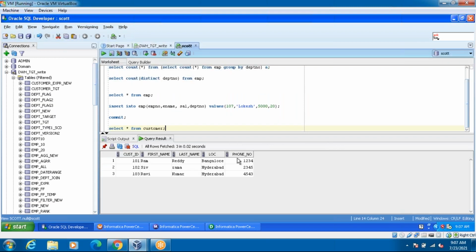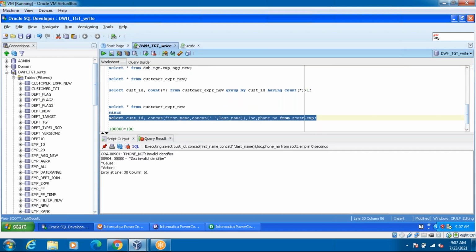Maybe PHONE_NUMBER, correct. Guys, tell me what is the error here? Why is it showing that the phone number is an invalid identifier?